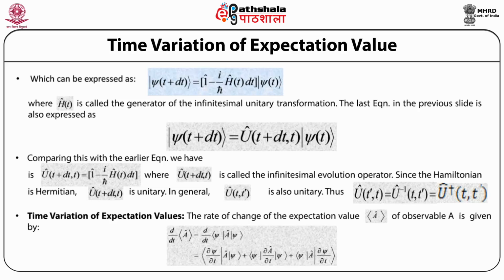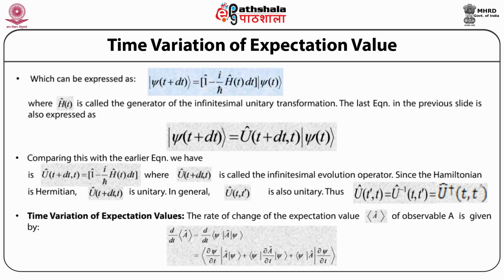Now let us discuss the existence of a propagator. So using the time evolution operator, it is possible that one can directly link the states of the physical system at two different times, and one can write the state of the physical system at some later time t2 given by ket vector psi at time t2 is equal to the time evolution operator U of t2, t1 acting on ket vector psi at time t1,